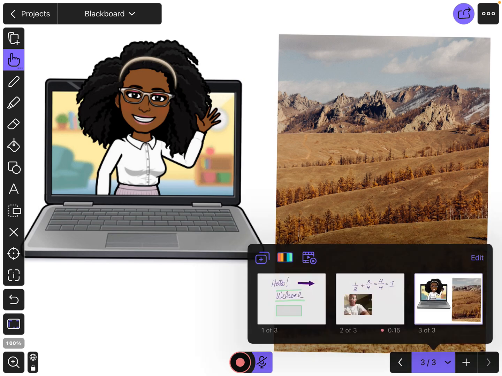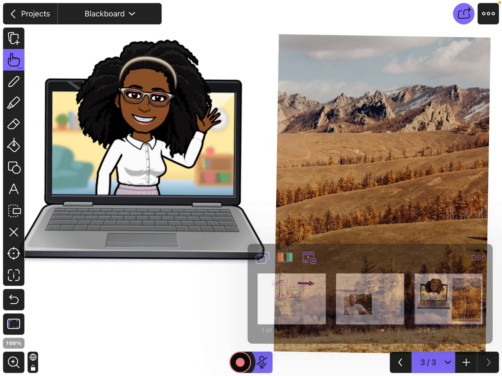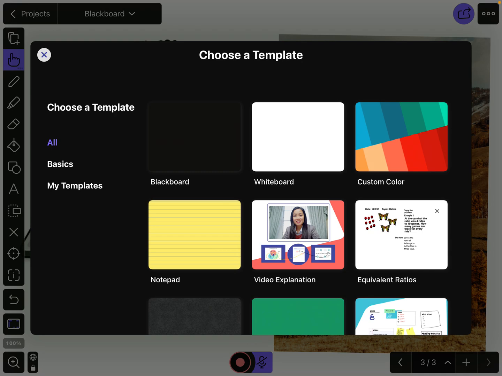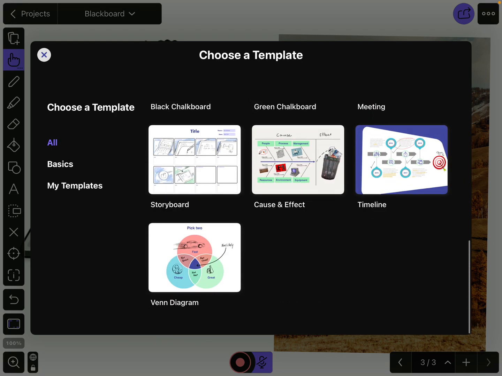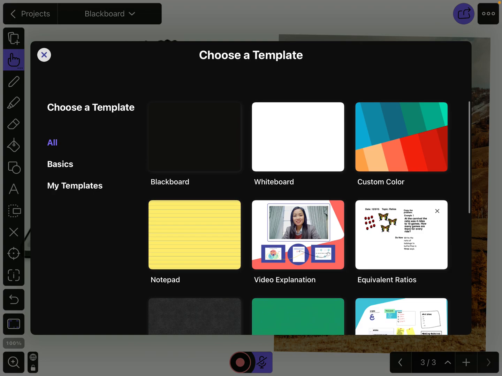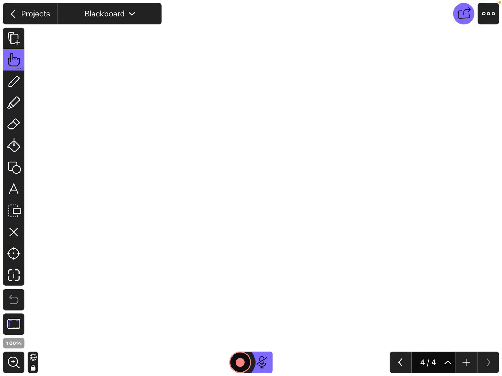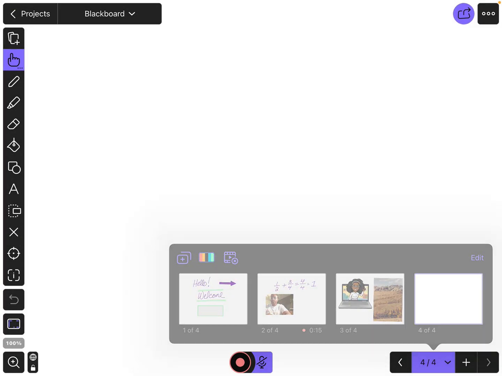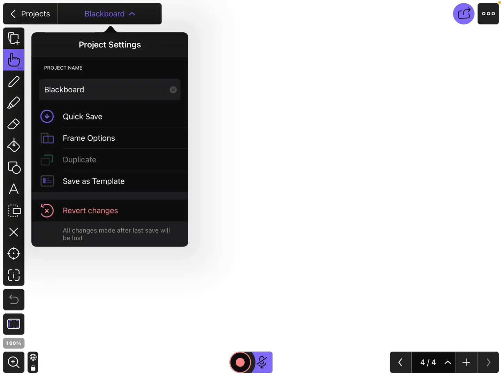Here I have all of my slides. I can delete slides if I want to. I can add more slides with this plus tool. And here's already the blank slide templates that you can add, or just add a plain slide if you would like. When you're done with this document, you hit the top, you can quick save,